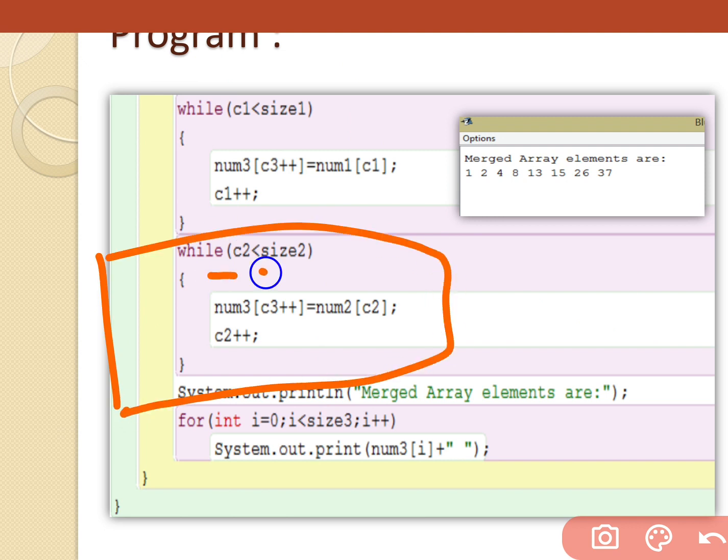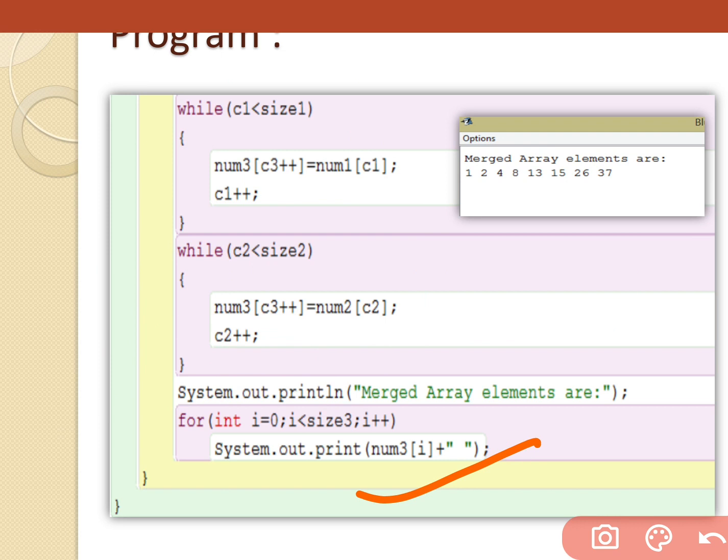If the counter has still not reached size, then we fill one by one. After that we are going to display the merged array. See, we have the output in sorted order without any sorting technique.